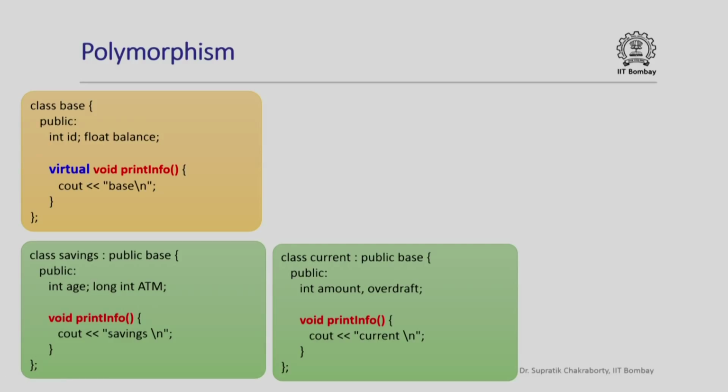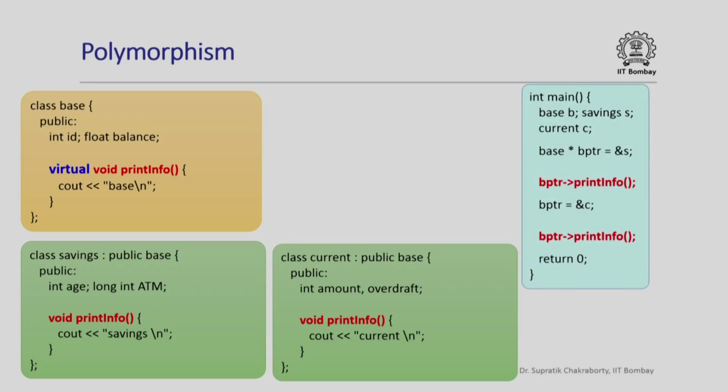So at runtime, let us figure out what a pointer to the base class is pointing to. If it is pointing to an object of the base class, then we will call this, but if it is actually pointing to an object of the savings class, like we saw in an earlier example, then it should actually call this, and if it is actually pointing to an object of the current class, then it should actually call this. So here is the main function, which is actually the same as the main function that we saw in